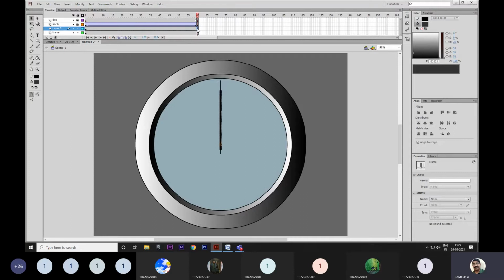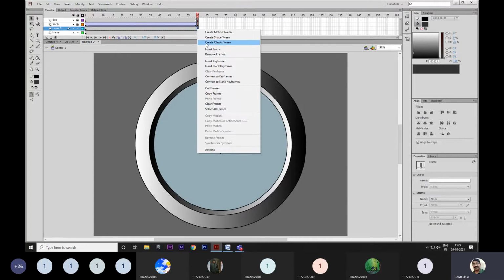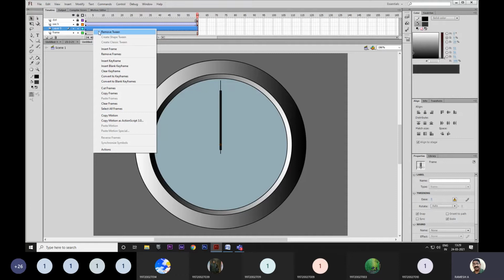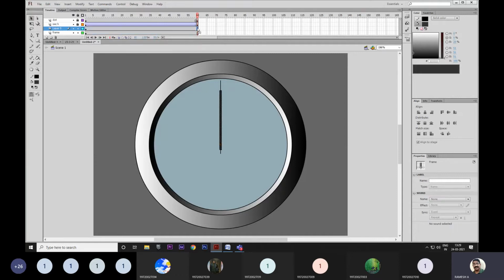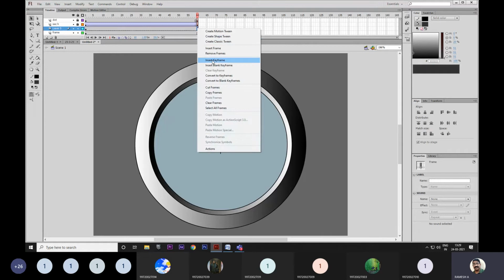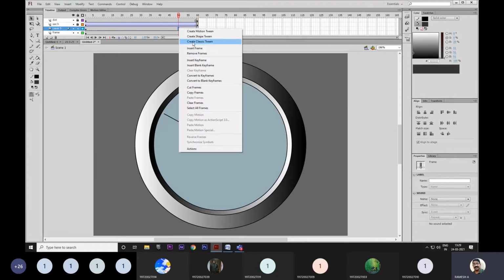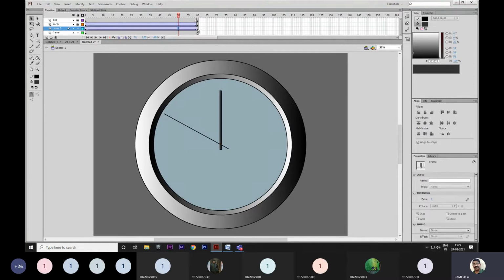Select the last frame, right click, create classic tween. I didn't give any tween, but it's coming as a new tween. Okay, insert keyframe and right click in between the frames and create classic tween.